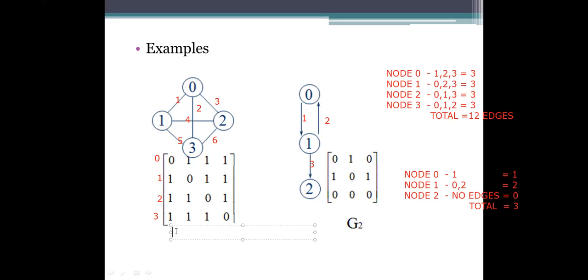So let me write here. So this is 0, this is 1, okay, next one 2, and then next one is 3. Okay. So to plot, we need to get these zeros and ones to plot.